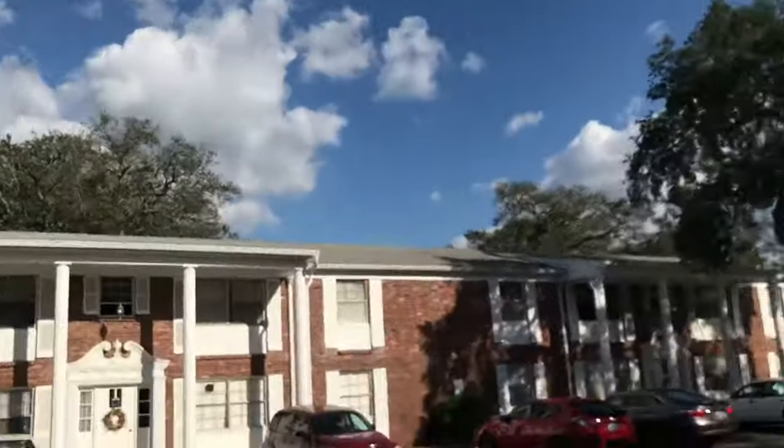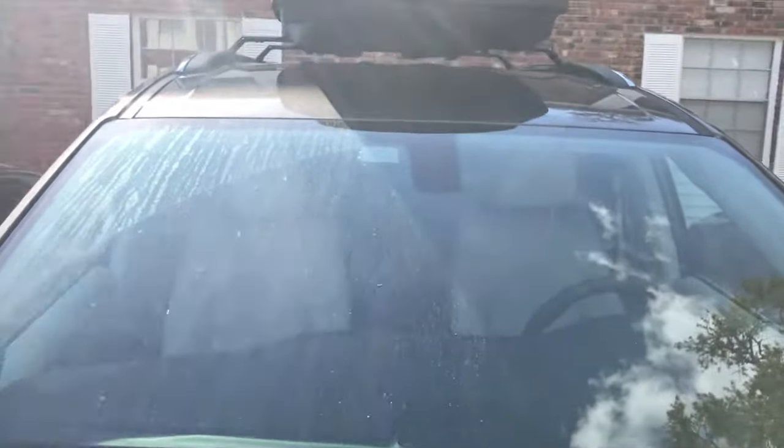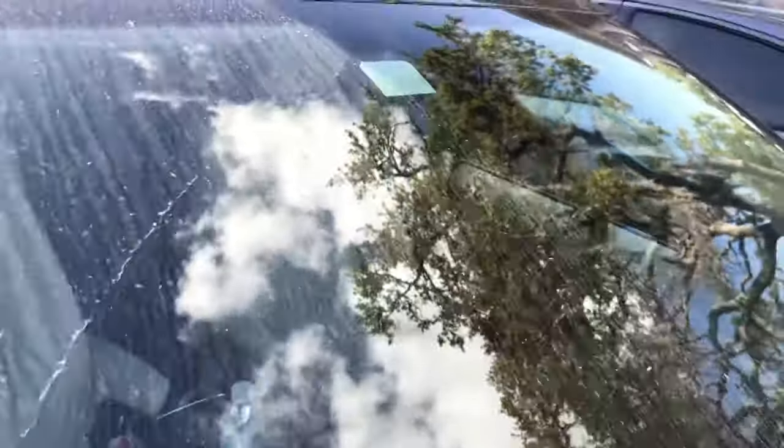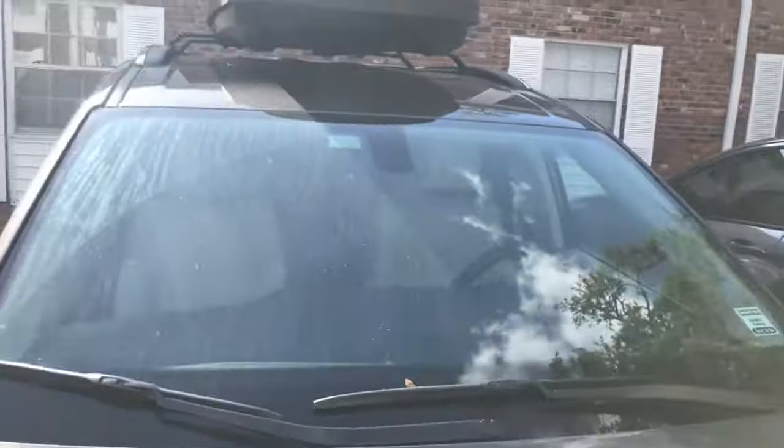What we'll do now is we'll step out of the vehicle and just kind of give a view on what it looks like, and you can't really see it, which is kind of cool. It kind of blends in with the rear view mirror, and I think that's a really good location there. So let's get back in,